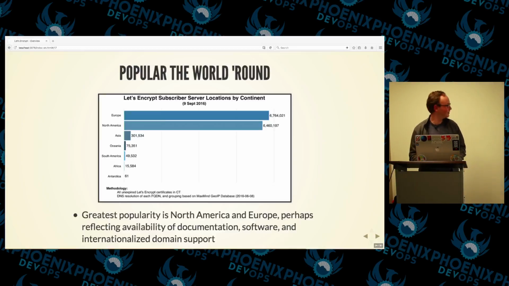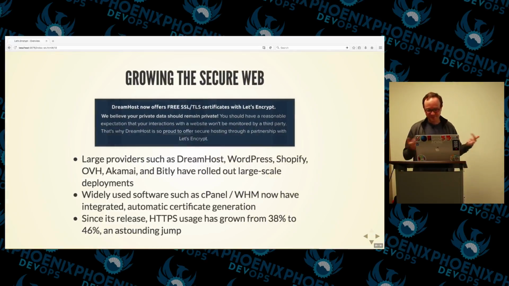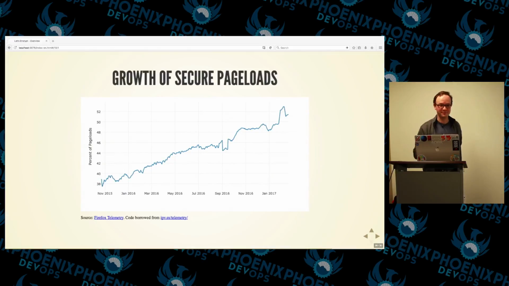I clicked the button. I apologize. Okay, so we already covered that the large providers did the majority of this, and HTTPS usage is going up. This is the big graph for me, being a person at Mozilla whose job is to go and encrypt the web. This is a chart of growth of percentage of page loads across Firefox users since November 2015 when Let's Encrypt started to now, and that's up to date.